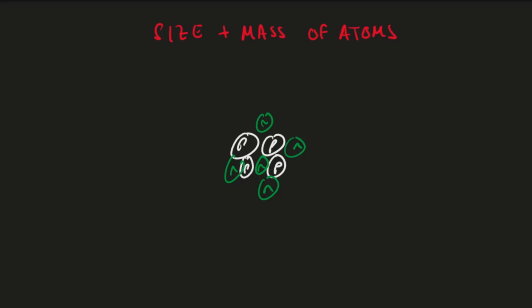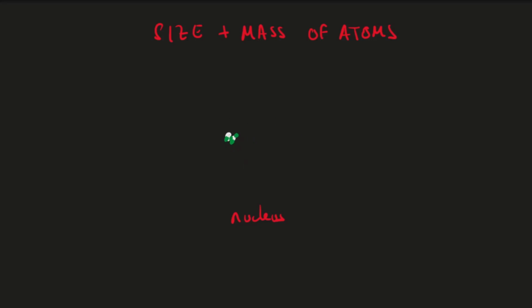So we should also be familiar with the size and mass of atoms. Here we have drawn out the nucleus of an atom, and as we know, in the nucleus you have just the protons and the neutrons. What we're going to do is shrink this right down. Essentially, this gives us an indication of the size of the nucleus, and the reason why we shrunk it down